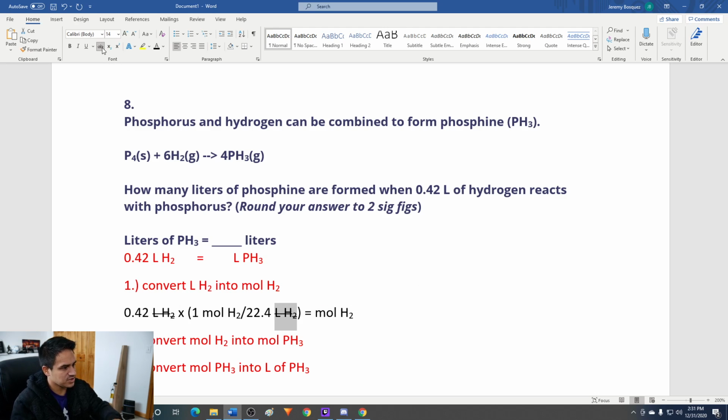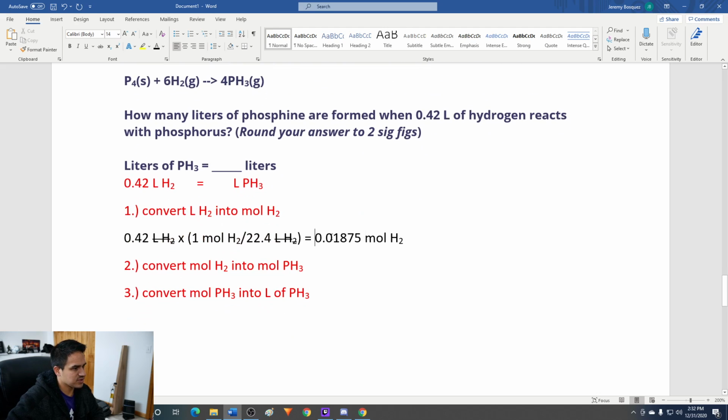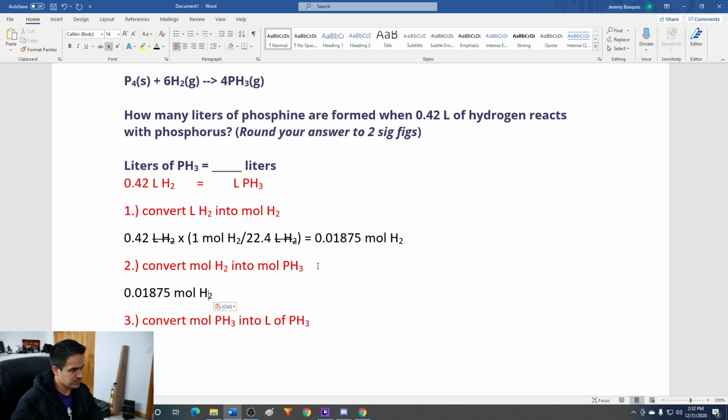All right, so we're going to take 0.42 divide by 22.4. And again, we'll do all of our rounding at the end. Okay, so we get 0.01875 moles of H2. All right, so there is our moles of H2. Then this next step is to convert our moles of H2 into moles of PH3. To do that, we will need to, of course, use our